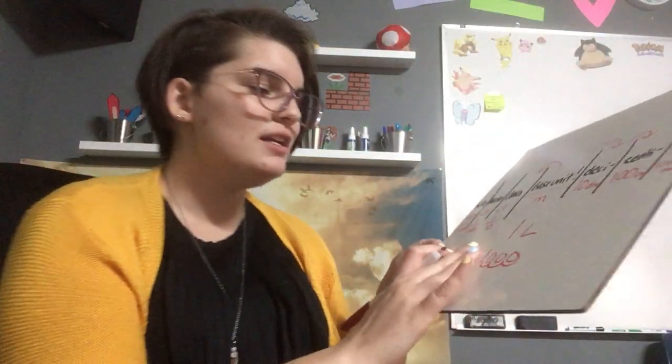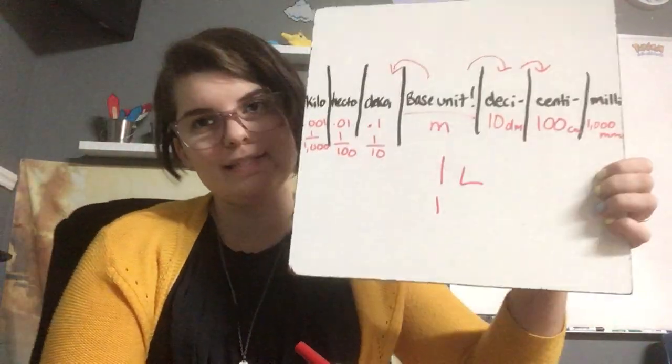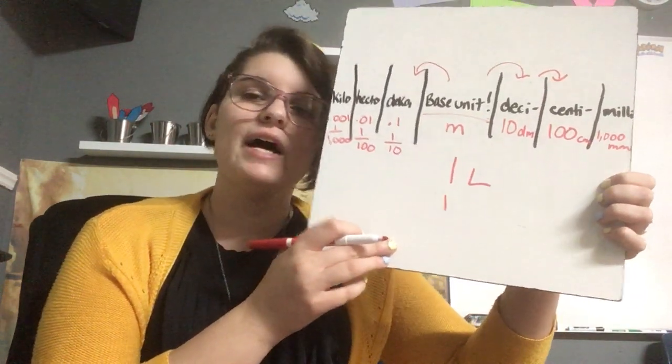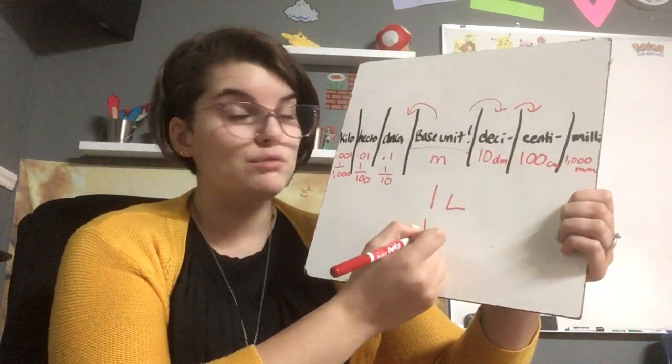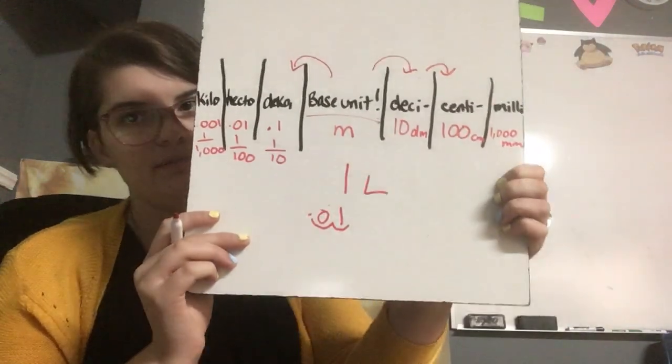So we have 1,000. Now, if I had 1 liter, and I said, I want a hectometer, and I know that it's 2 away, but it's going smaller, so I would go 1, 2, 0.01. Fair enough? All right, we're just gonna go over, I'll explain 1, 2, and 3 in a second. We're gonna look at number 4 and 6 together, okay? So we have 45 grams equals how many milligrams? And then we have 4.5 meters equals how many